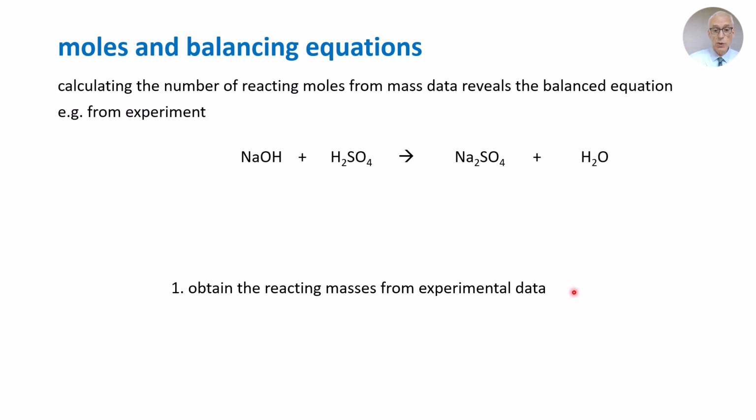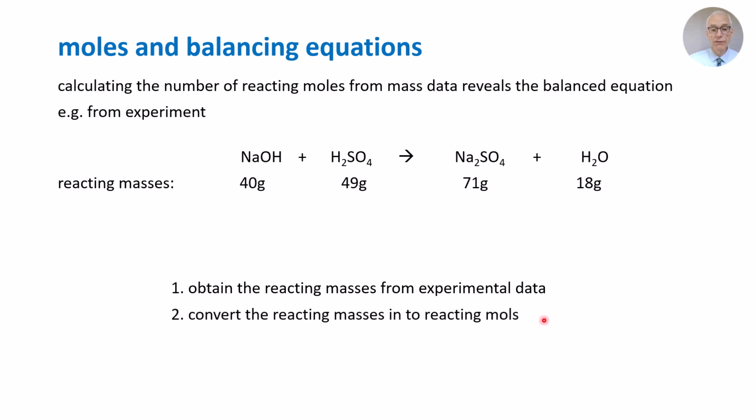The first step is to obtain reacting masses from experimental data. So the reacting masses were found to be 40 grams of sodium hydroxide, 49 grams of hydrogen sulfate, produced 71 grams of sodium sulfate and 18 grams of water. We then convert those reacting masses into reacting moles. So 40 divided by 40,